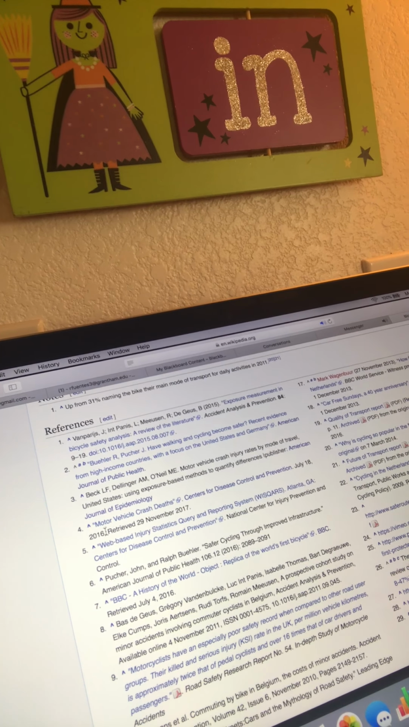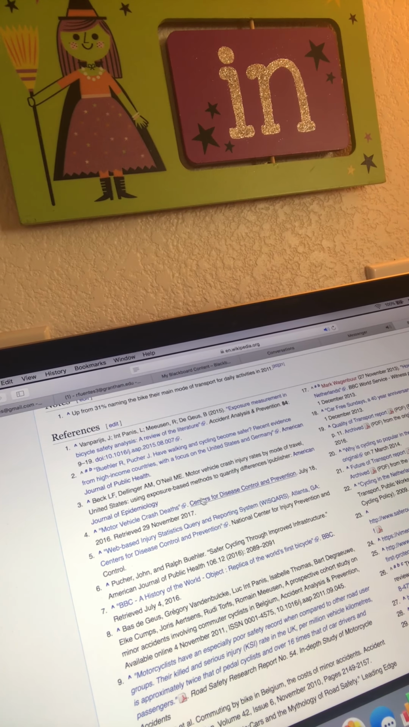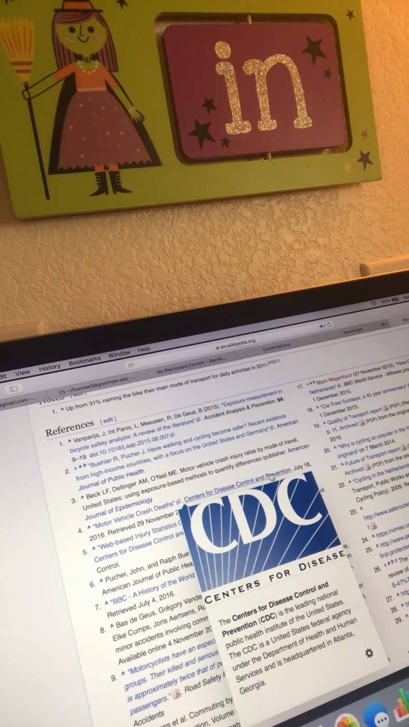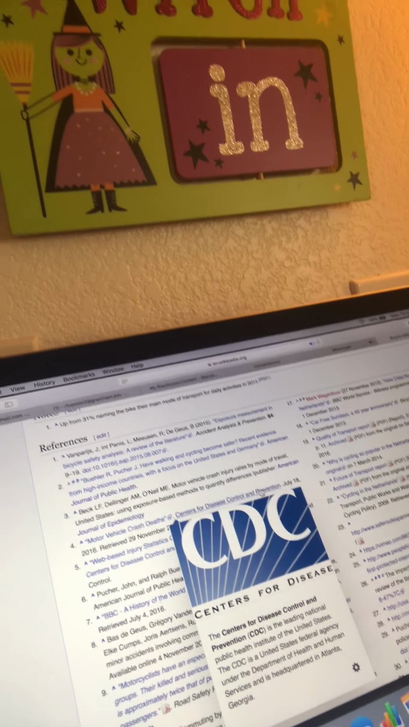references list. So here you have Motor Vehicle Crash Death, Centers for Disease Control and Prevention. This is an excellent source for information, because the CDC is obviously a reliable source of statistical data. So that's what I'm talking about when I tell you, don't use this information that's here in Wikipedia, because